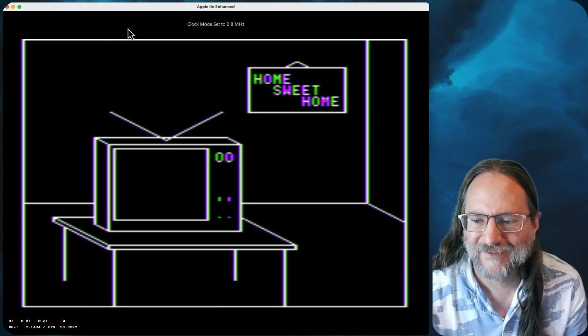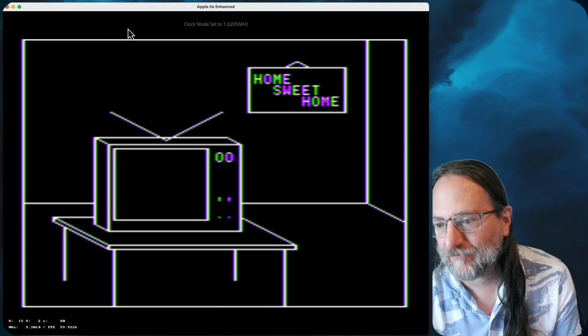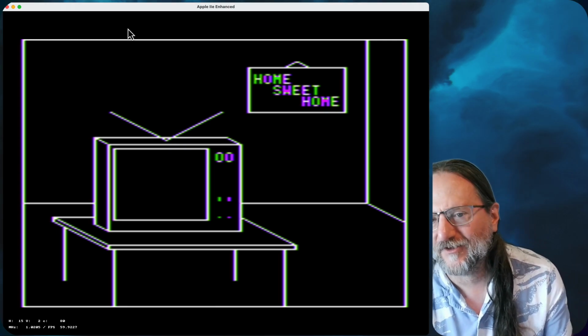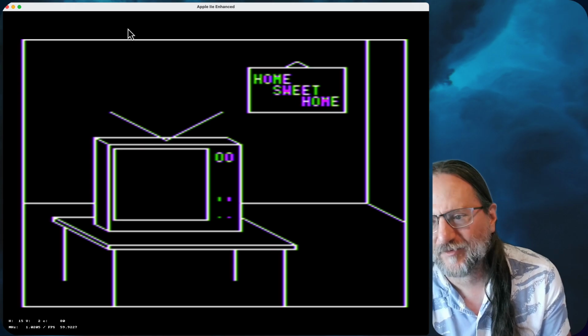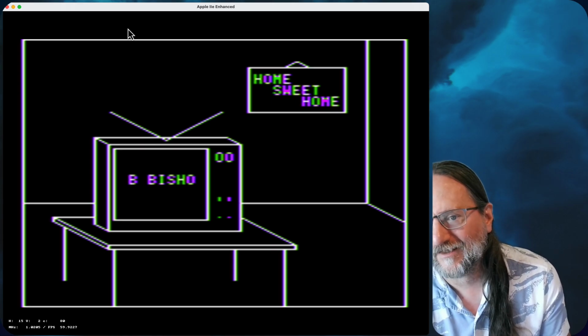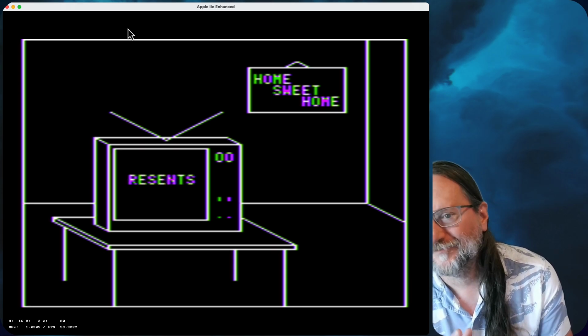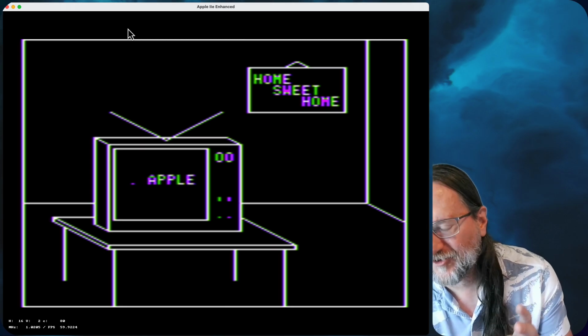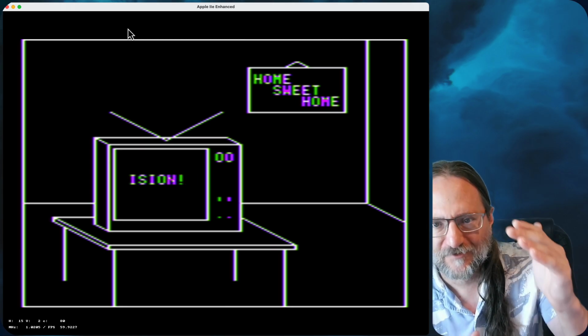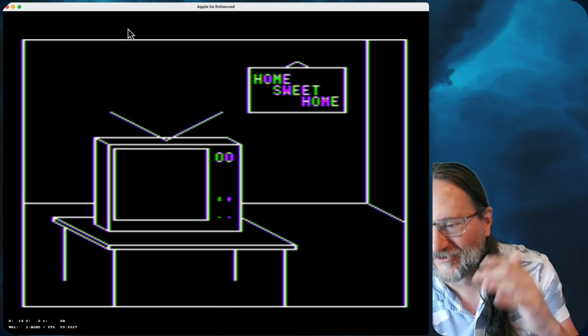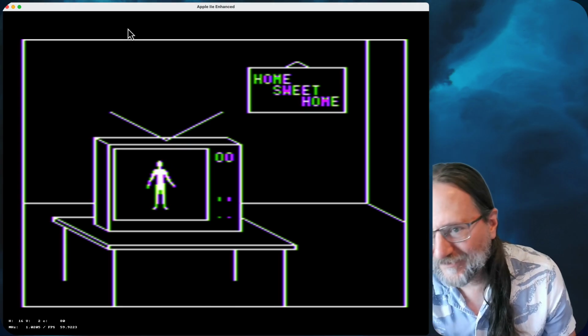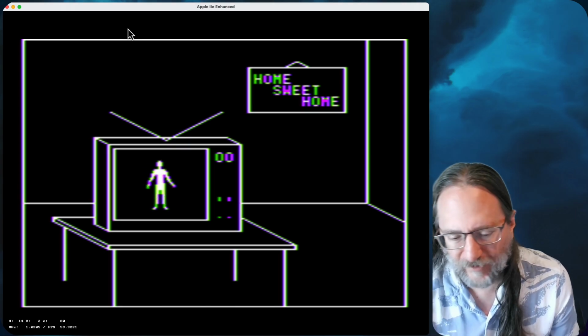So, as you can see, shifting back and forth between the speeds, it's been tricky to keep the video synced and get the audio synced. I'm using the same kind of concept for these higher speeds as I am for the 1 megahertz. There's a video frame. All the timing is synchronized to the virtual ray gun.